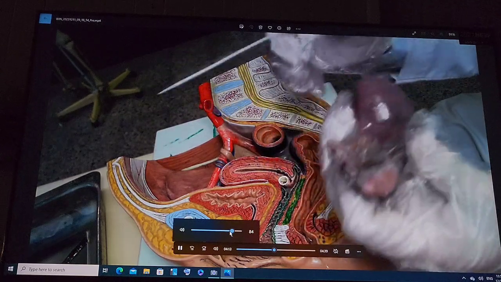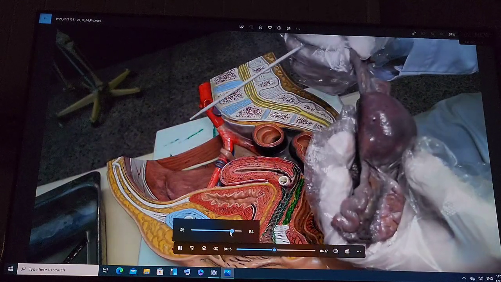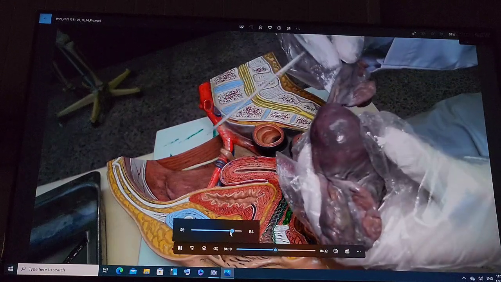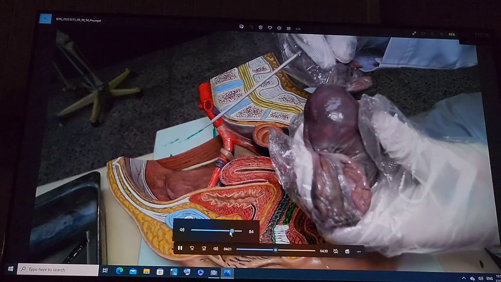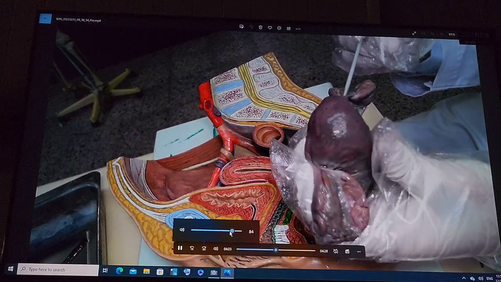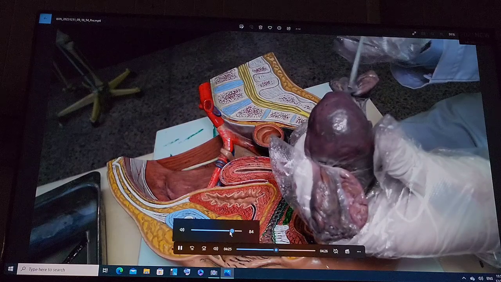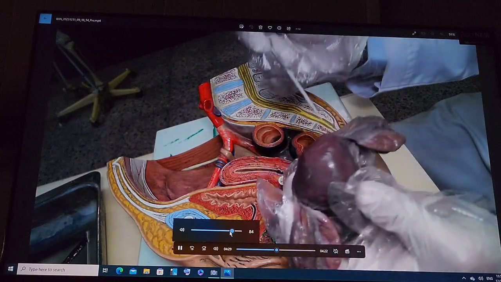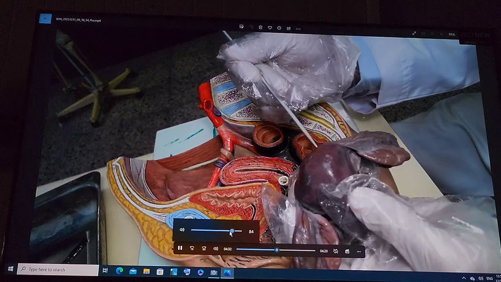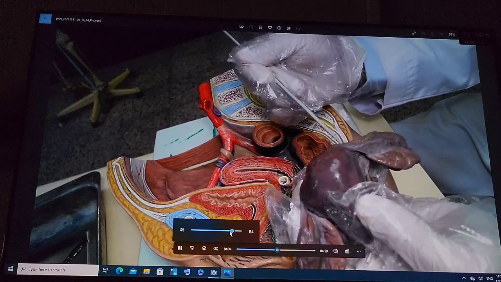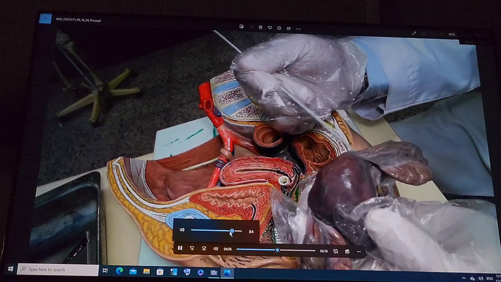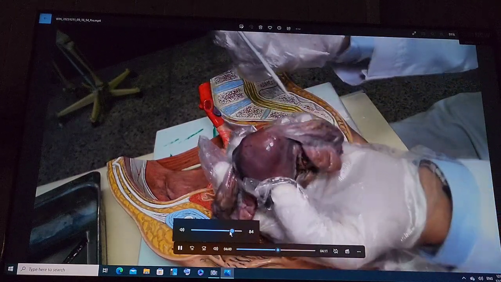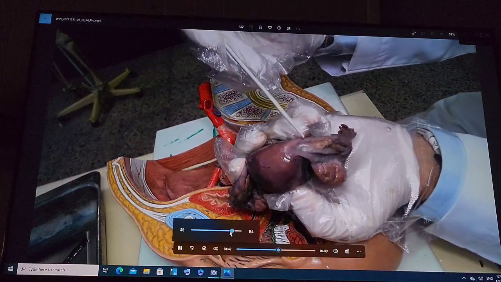The uterine tube, as I mentioned, lies in the upper border of the broad ligament and opens medially into the lateral angle of the uterus, and is divided into many parts. The uterine part here inside the uterus, and the narrow isthmus part,